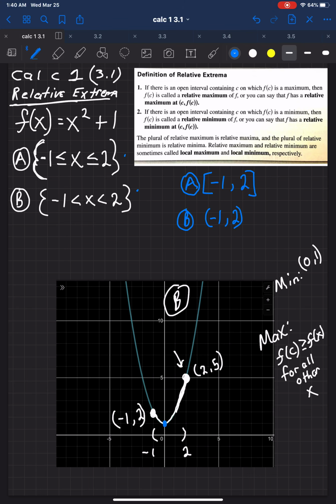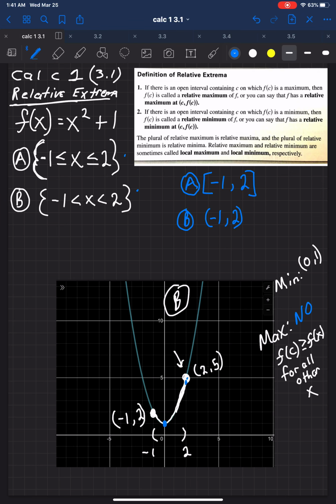Now, some of you already know where I'm going with this. Look, I know you can't get to 2, but if you get to 1.9, let's say, that'll put you here. Can I get any higher on the graph? Yeah, I can. I'll just go to 1.99, and that'll get me a little bit higher. And 1.999 will get me a little bit higher. Do you see how this game doesn't end? Do you see how you'll never get to your maximum value because you can always keep getting closer and closer to 2? So let's answer the question. Is there a max? No. There's no maximum value on this function. There was a minimum, but there was no maximum.